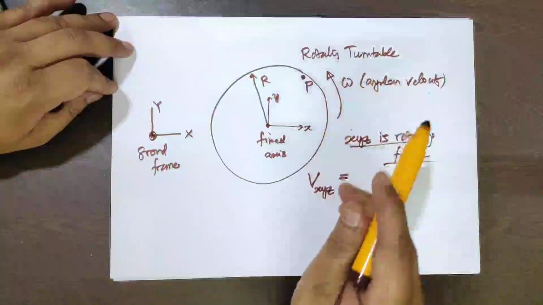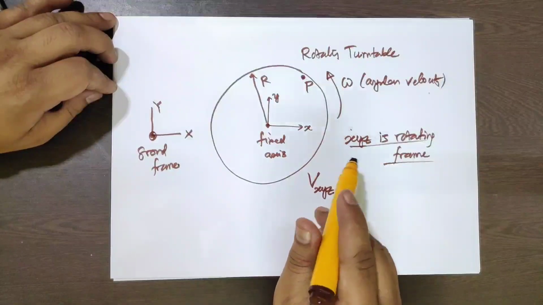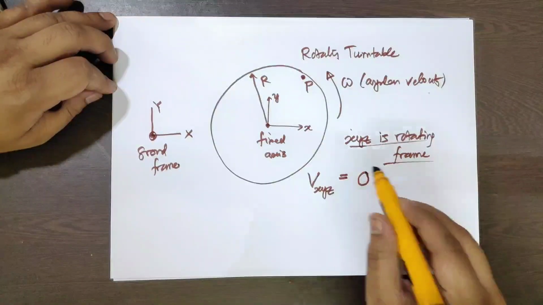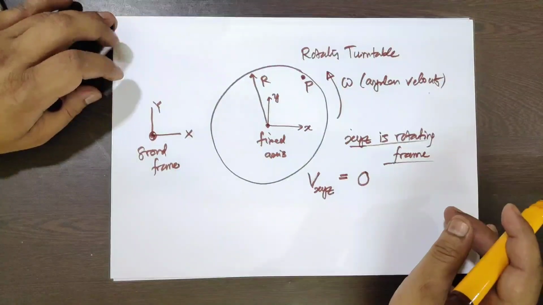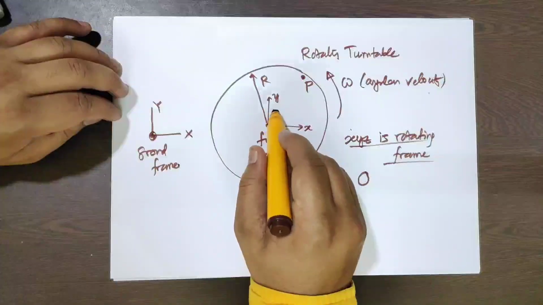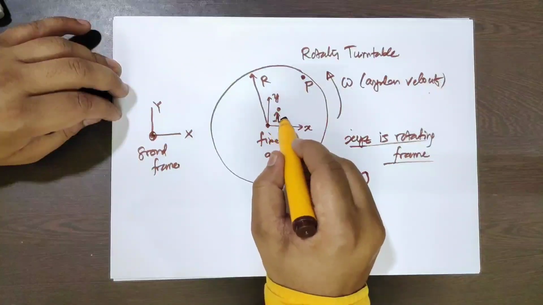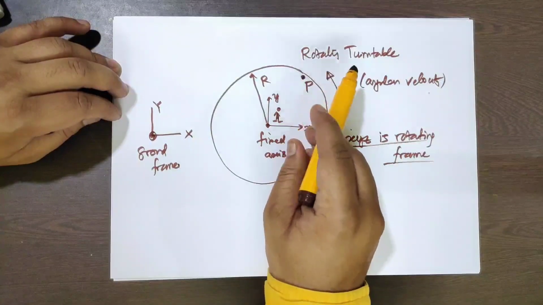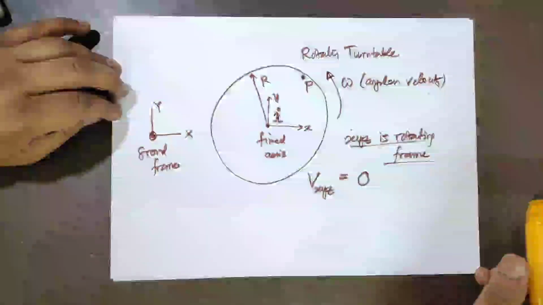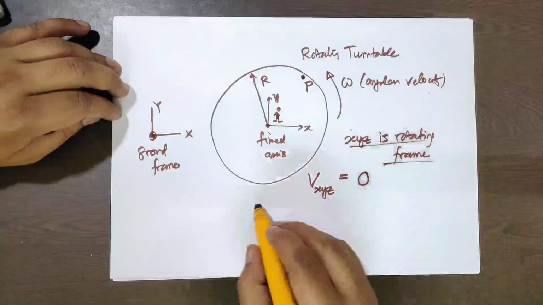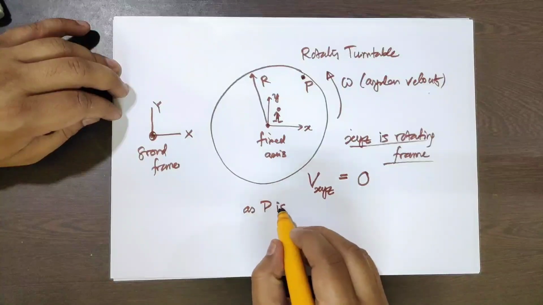The velocity of this particle P with respect to the small xyz frame is obviously 0, because for someone standing on this rotating frame, this particle P will be stationary, as P is fixed